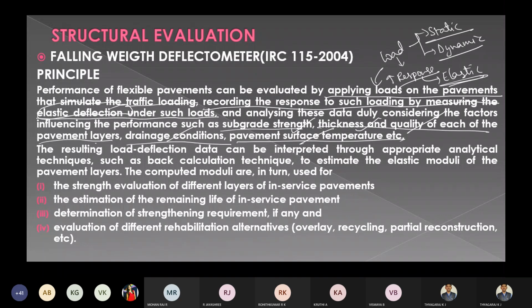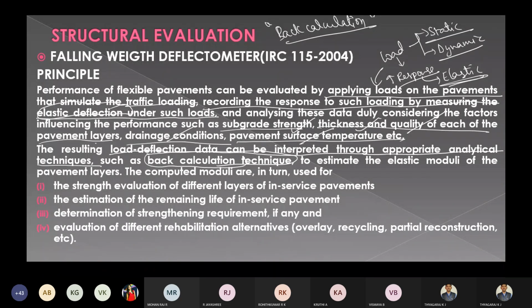And the resulting load deflection data can be interpreted through appropriate analytical techniques, such as the back calculation technique. So using the back calculation technique, we are going to analyze the load deflection data in the FWD. So remember, what does back calculation mean?